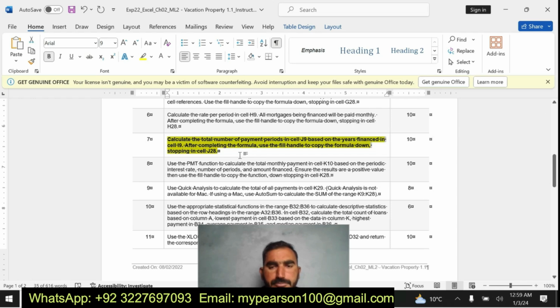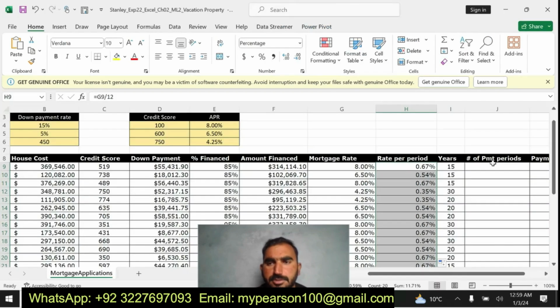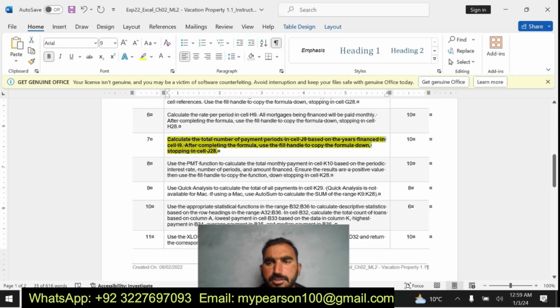Here is my J9. Now I am going to calculate the total number of payment periods based on the years financed in cell I9.